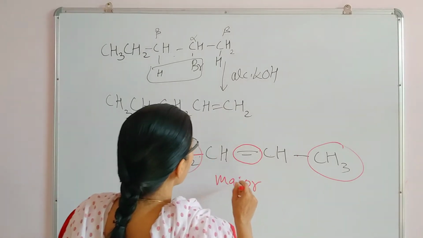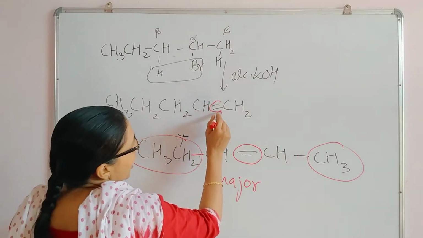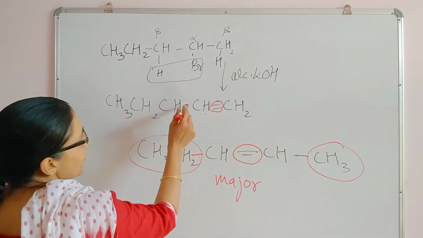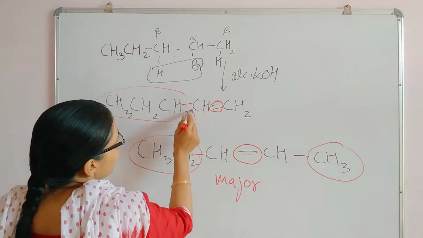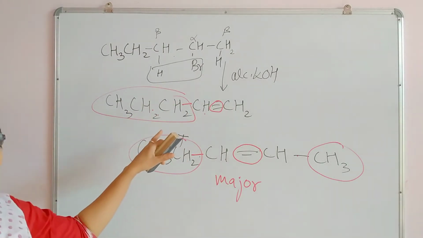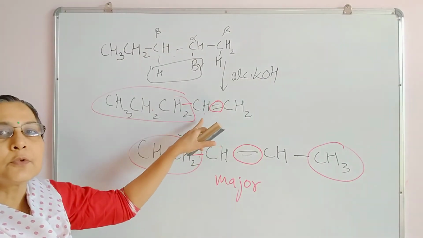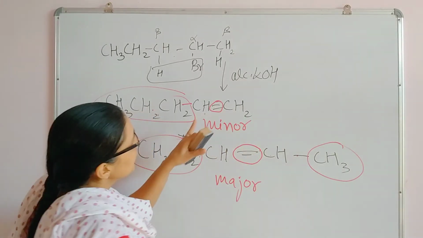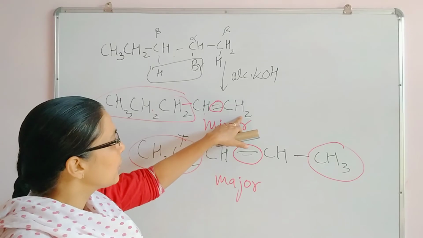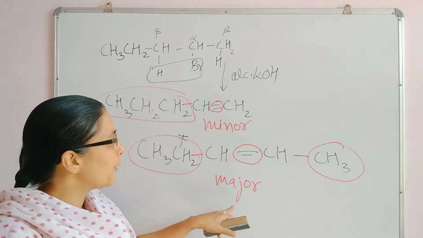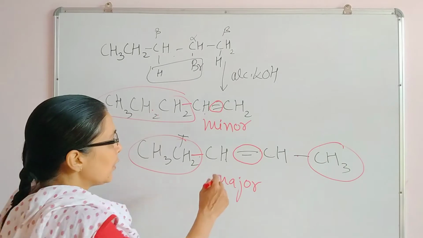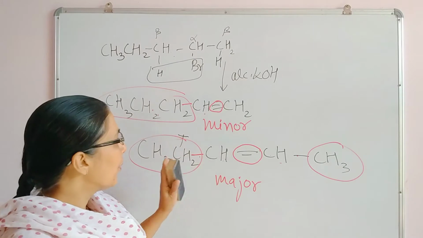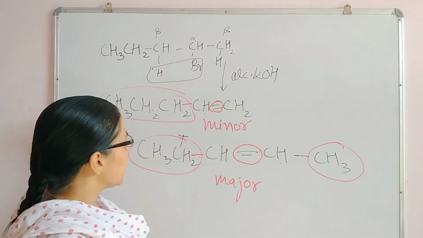Now compare this major product with the other one. Here around the double bond you will see three hydrogens. More number of hydrogens means lesser number of substitutions. Only one substitution. Bigger group or smaller group does not matter, but only one substitution. It means this one is the minor product. If you can count hydrogen, then 3 hydrogens, more number of hydrogens as compared to this compound, which has only 2 hydrogens. So, lesser number of hydrogens, more number of substitutions, major product.